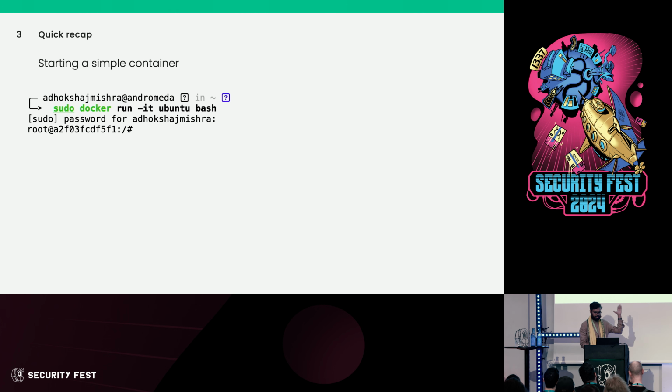Now, this is how we start a very simple container which has absolutely nothing fancy going on here. Ubuntu image, bash as a startup process, and we get a bash shell. This is something that you do once you start learning Docker. Step one is to paste this command, docker run -it, image name and process name, and you get a shell to do whatever you want to do, right?